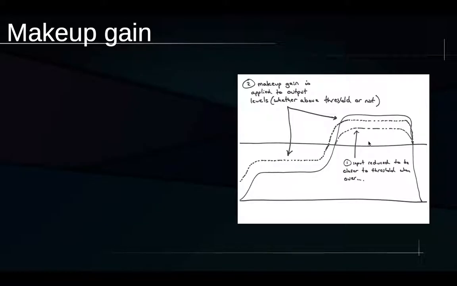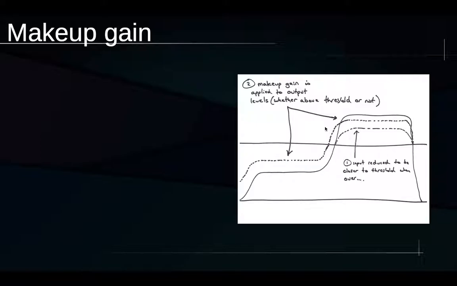Now, typically, we're using compressors in order to make the quiet parts louder, not in order to make the loud parts quieter. So in normal usage, we apply a makeup gain, and most compressors that you'll encounter in the wild will facilitate applying this makeup gain. And the idea here is that after having pushed down the things that are above the threshold, we push up